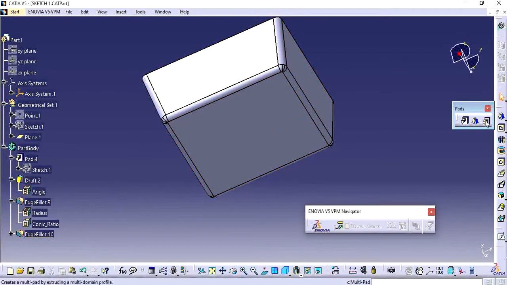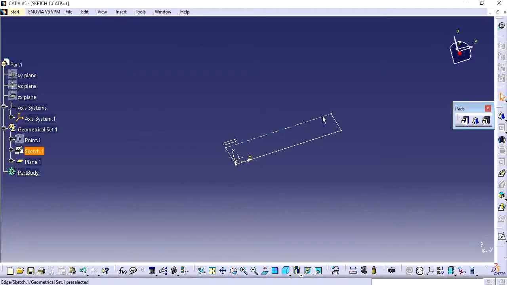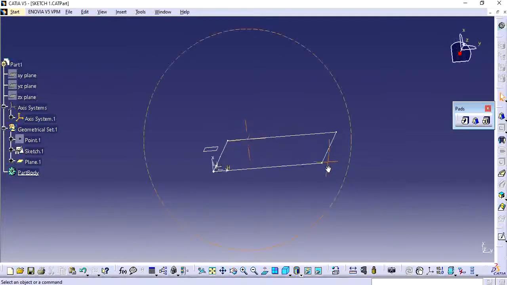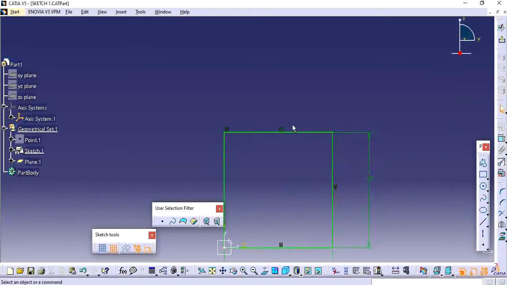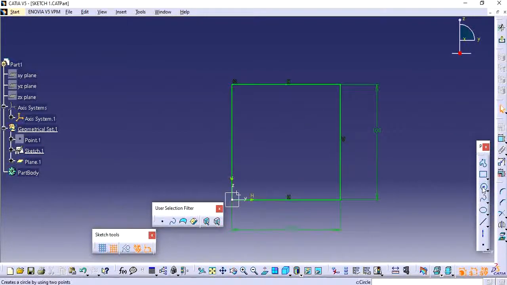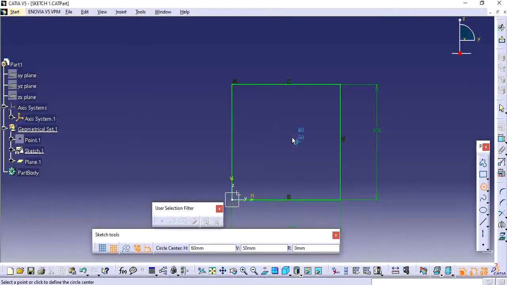Next we will see about this multi-pad. Multi-pad is nothing but if you have two features in your sketch and you want to add them with different heights, in that scenario we can use the multi-pad. So I'm going to add one more feature, and I'm taking a circular profile.